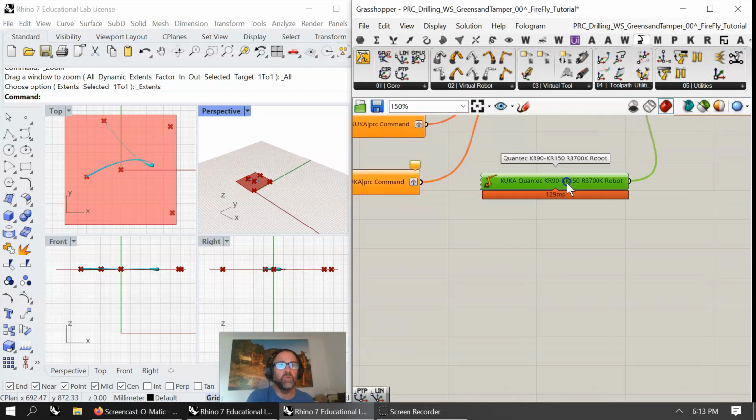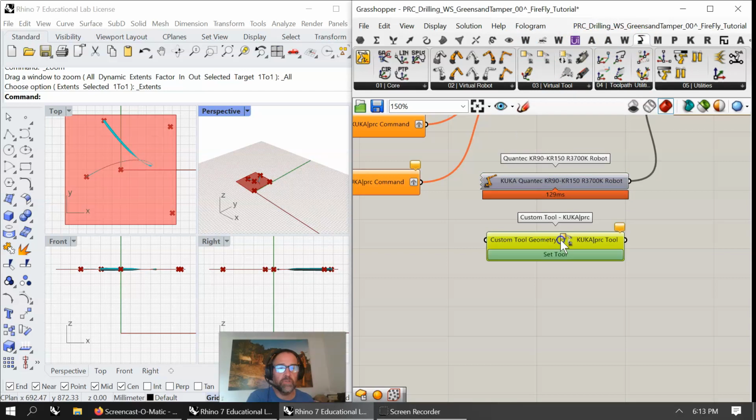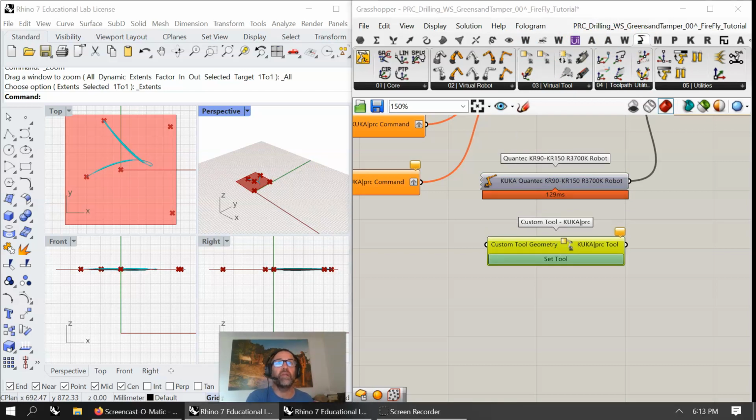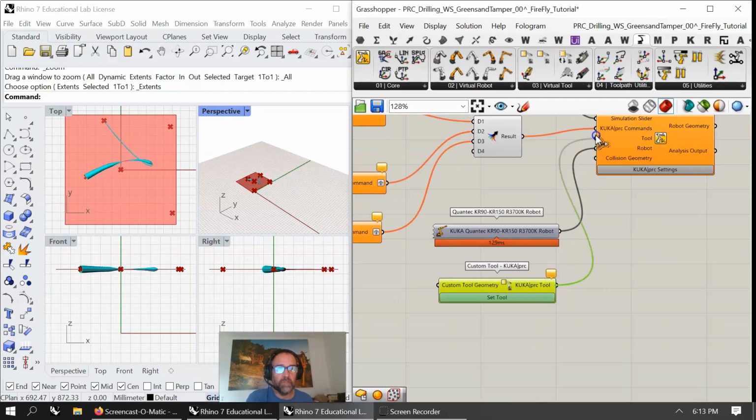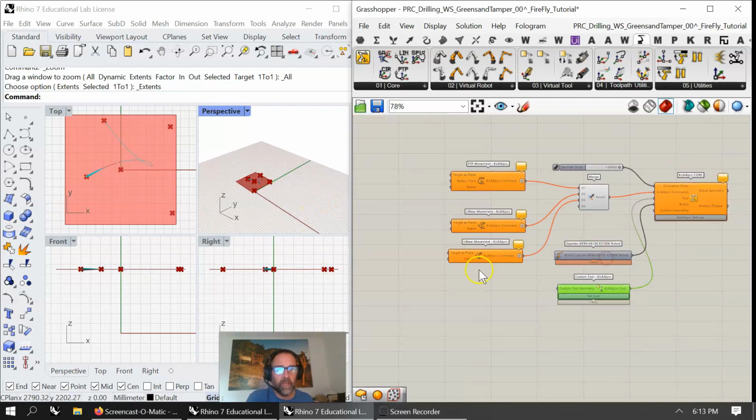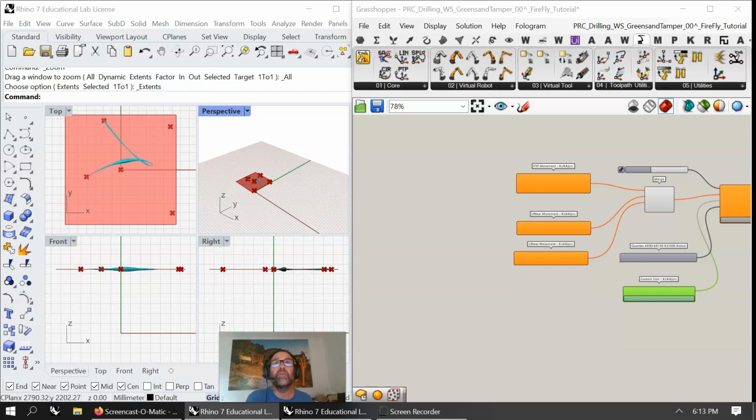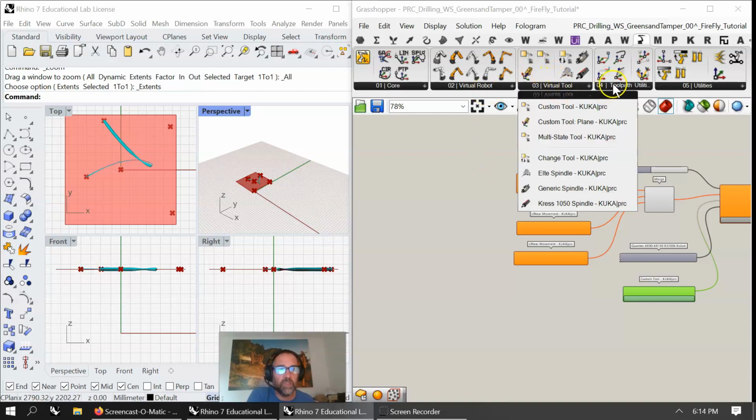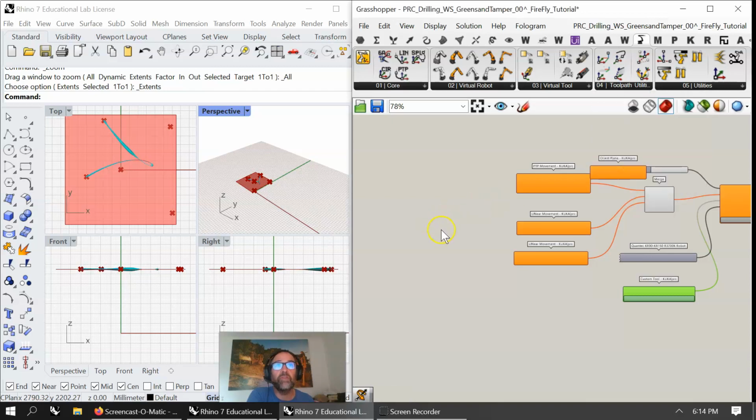I am going to need a custom tool also, and I will get into that. Virtual tool, custom tool PRC, and we'll build the geometry for that. And you'll see how I build a branding tool as well, which is kind of fun. And we will just pop that one in as a tool, and I'll probably just set the tool to confirm to get it up and running. And what I will come back on here is say we basically have to work through orienting the planes, which is something I'm going to play with and do some geometry, but we'll get it basically working to start. So you will need a plane orientation, orient plane for this one,